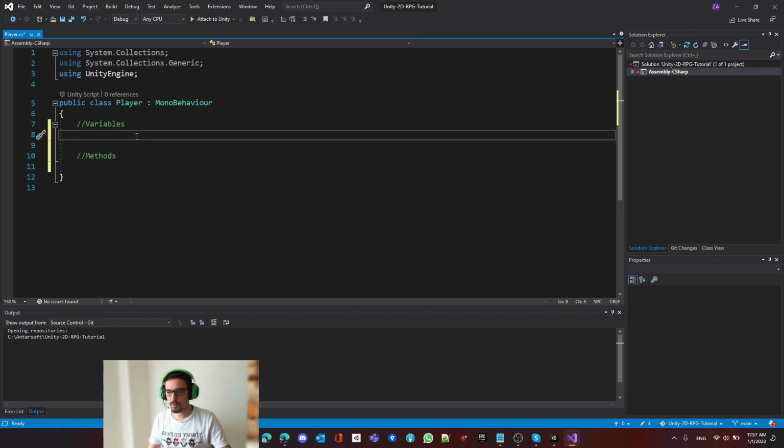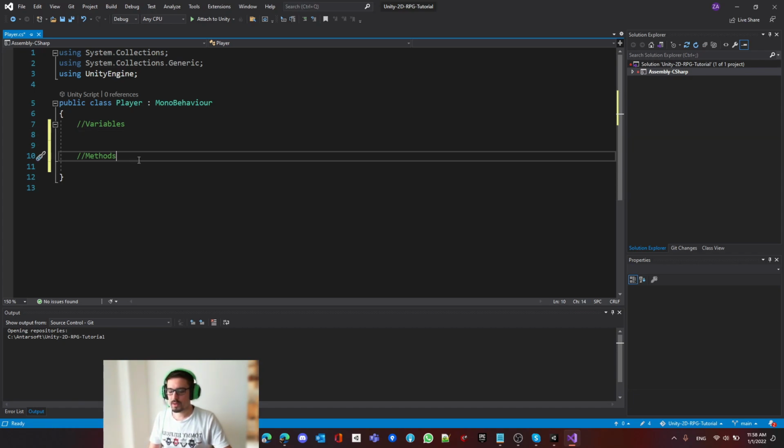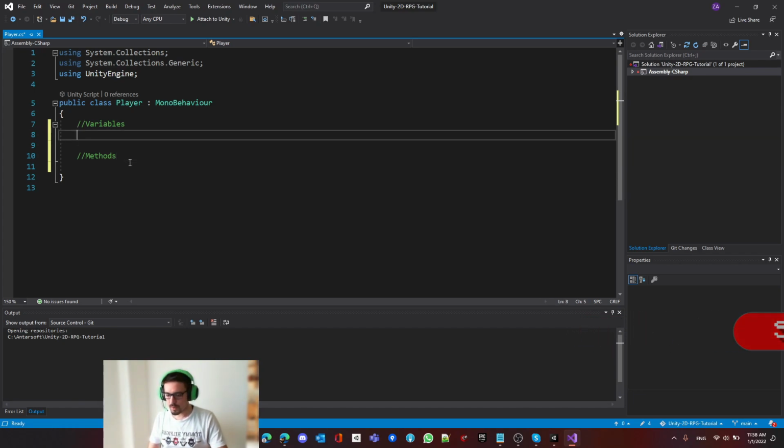So first of all, we're going to make sure that we have the proper variable. And by variable, I mean whatever is going to affect the player itself. So first of all, let's just make something called, I would say, movement speed. And whenever you do variables, you would instantly go make probably public. That would be your first instinct. And it's good, but at the same time, it's really bad. When you start working in a bigger game and then a bigger team, you need to limit your access for the variables just to avoid any problems. So I would suggest using private. Let's call this